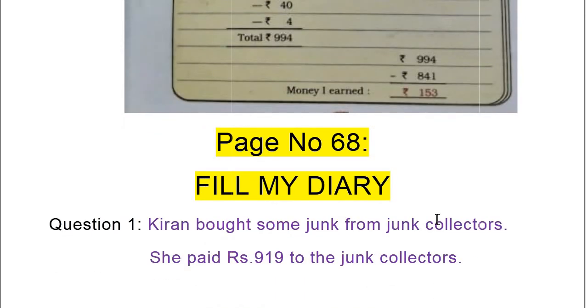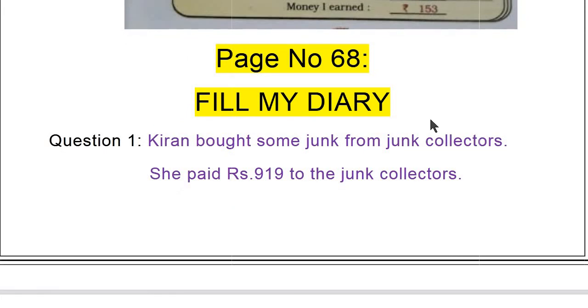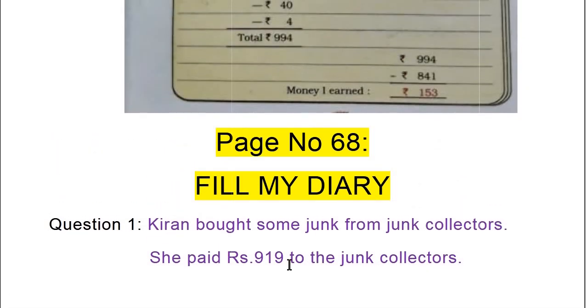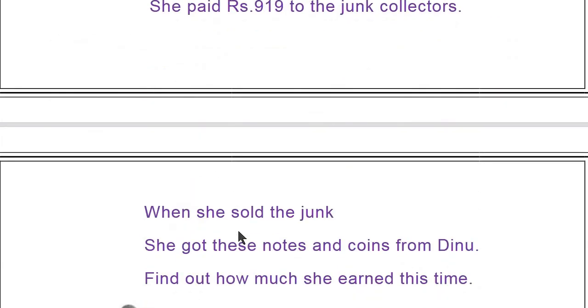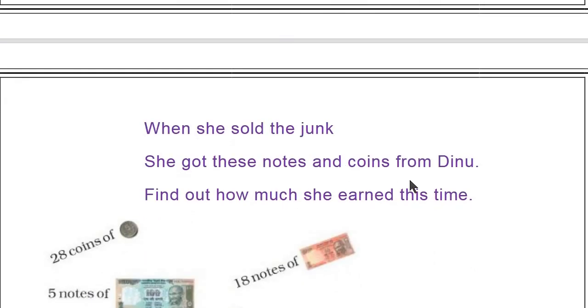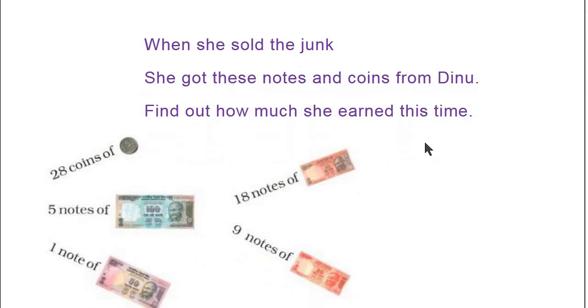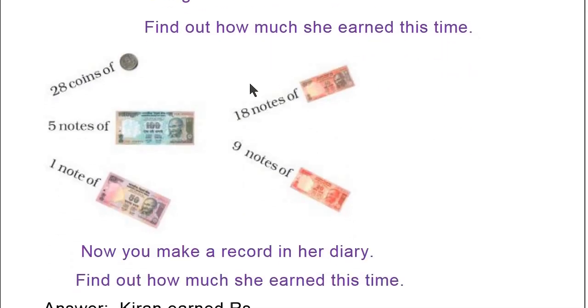Now page number 68, fill my diary. Kiran bought some junk from a junk collector. She paid 919 rupees for the junk. When she sold the junk, she got these notes and coins from Dinu. Find out how much she earned this time. Here,